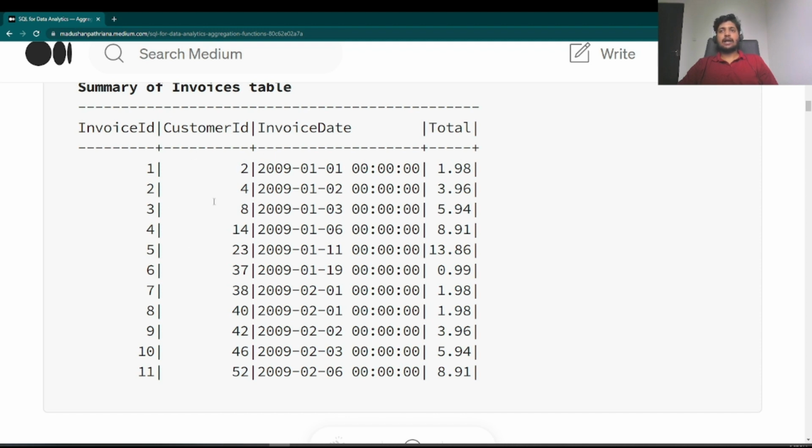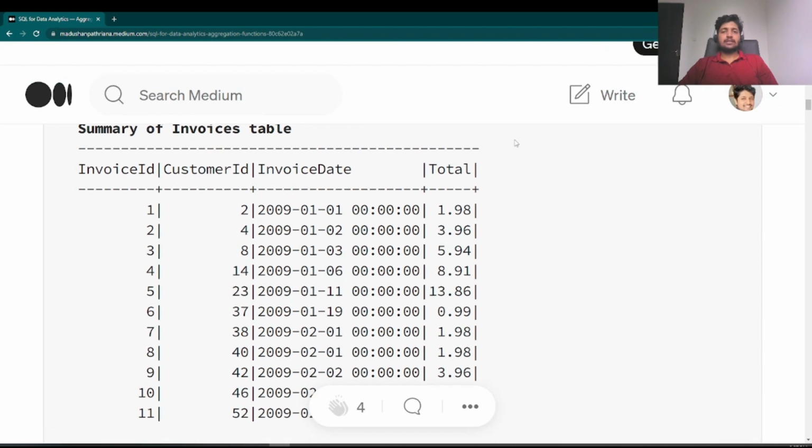In this table, there are multiple invoices from the same customer, so you want to find the total of that customer's invoice value. Or let's say you want to figure out how many invoices were made by each customer. For all these operations, these summarizations, you can use